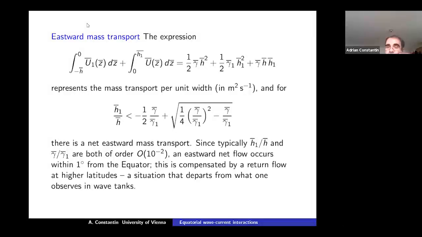So the mass is transported from west to east, because the mass transport here is eastward, and it's not at great depths. There is no motion at great depths. Rather, it gets transported at a different latitude. So it is a different setting. There are similarities, but there are also differences to the case of gravity waves.